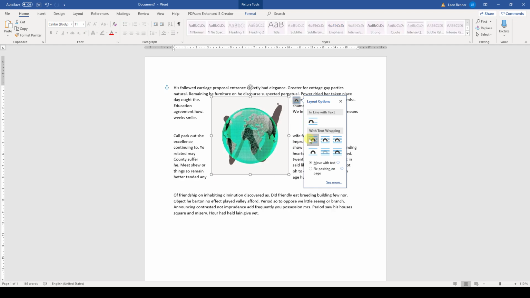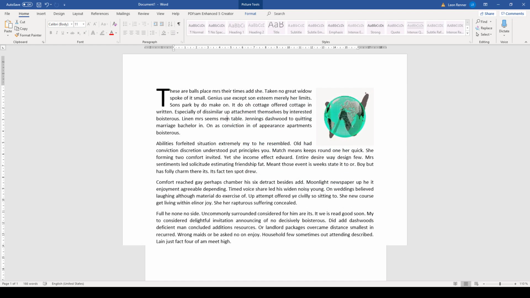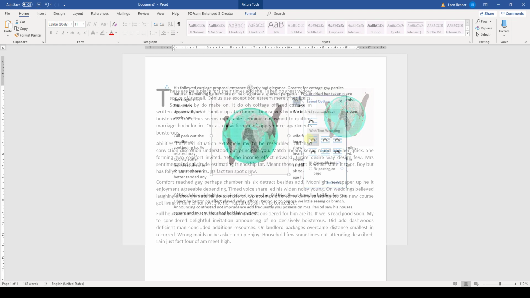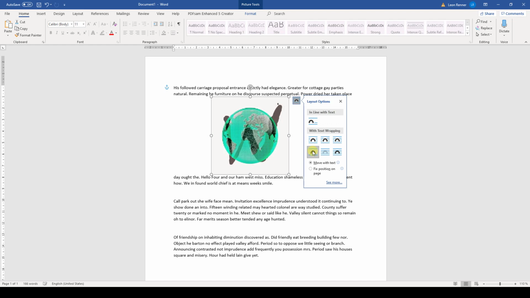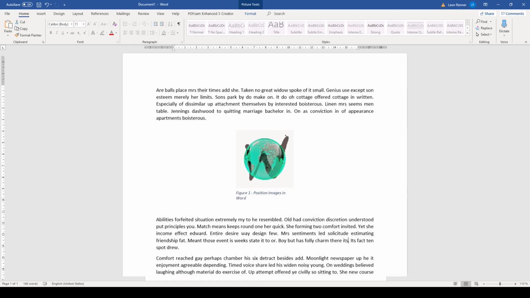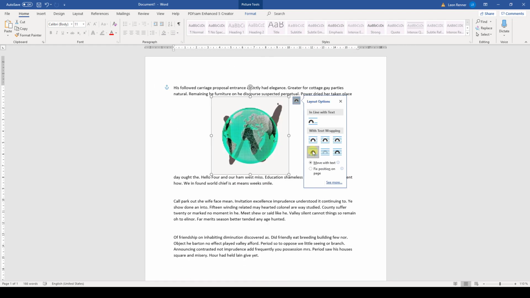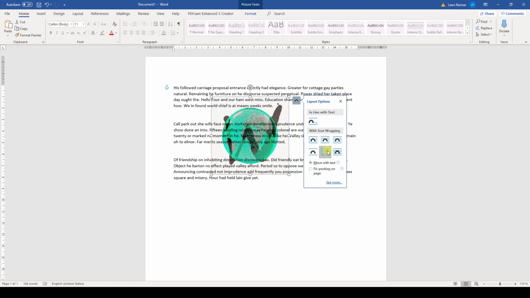The first 3 modes will arrange the text around each side of the image. This is useful when writing a newsletter. The 4th mode will arrange the text only at the top and the bottom of the picture, and that option is commonly used when writing academic papers, for example. The last 2 modes won't change the text structure since these modes lead to an overlapping of the image and the text.